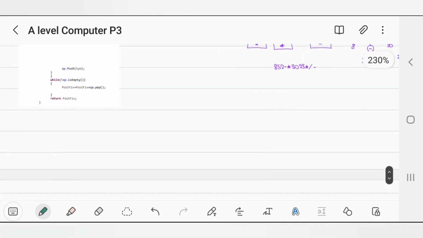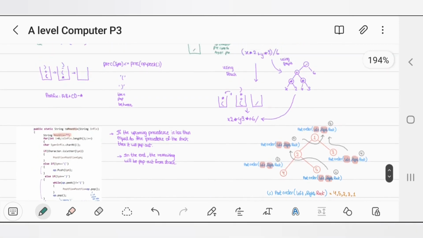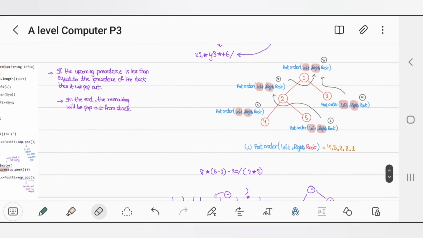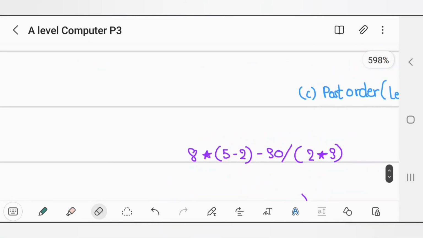Okay, this is the last one. Now let's do another example for stack. We got this example and we need to convert this infix to postfix. So let's start. I have this stack, and I'm going to print the operands. So we got 8, it will be printed. We got multiplication, it will come in here, open bracket, 5 will be printed, minus will come in here,